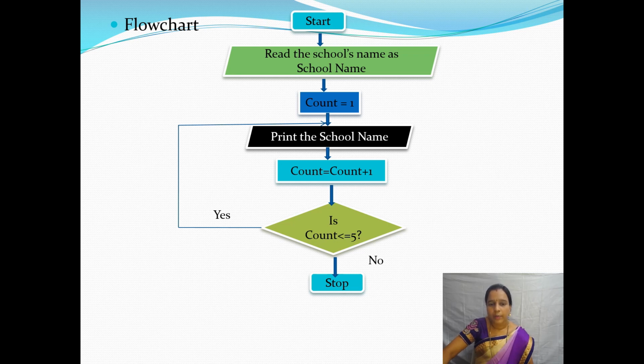So how many times are we printing it, children? 5 times. So it will check 5 times. Once one round is done, again it will go back and print the school name again, up to 5 times it will be printed. The same procedure, and when it meets the condition, it will come out of the loop. So this is the flowchart. Before, we saw the algorithm, and then this is the flowchart. First we should write the algorithm, then we should draw the flowchart.